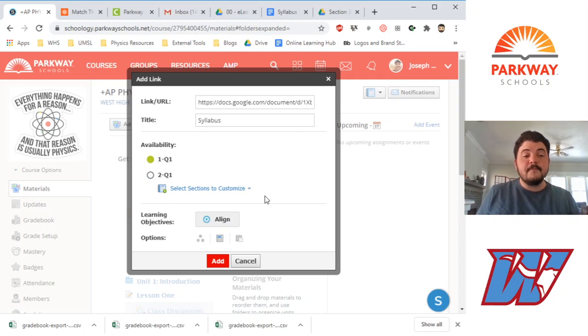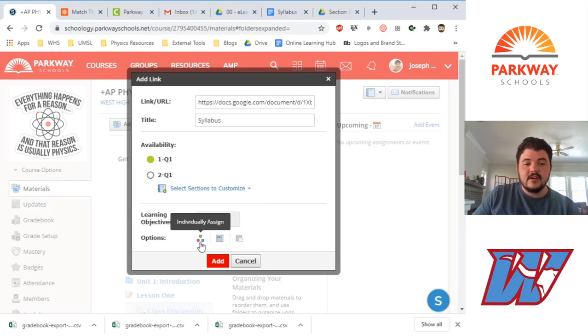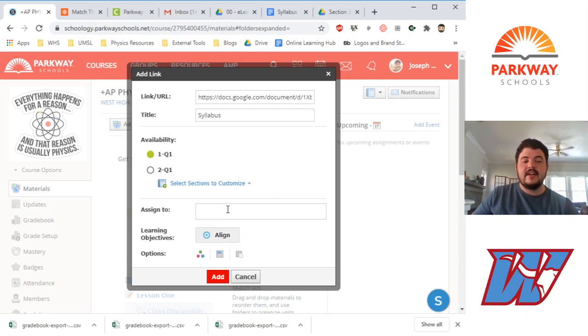If you want to go a step further, let's say you're doing a reassessment for an individual kid, you don't want everyone to see it. This 3-dot option here allows you to individually assign something to individual students. I don't know my students in this class. Let's see, do I have a Joseph? Nope. Let's see. I thought Brett was in that class. Maybe he's not. Anyways,